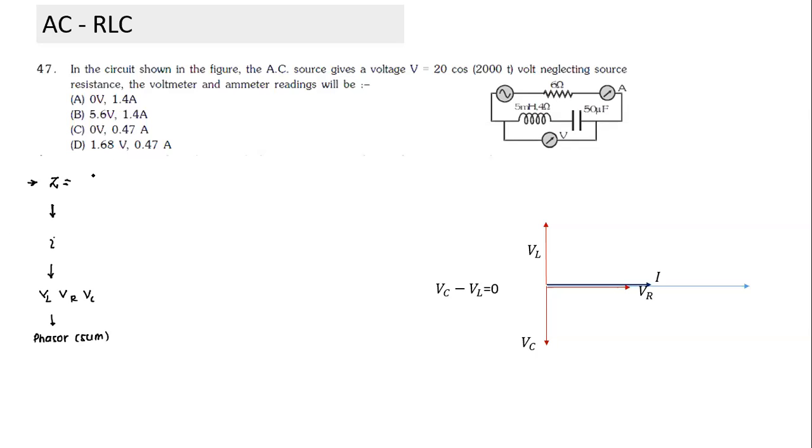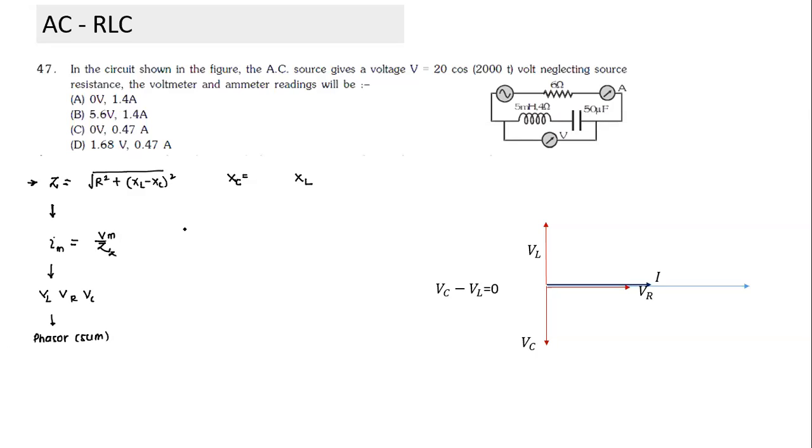Kevin, tell me the formula for impedance. How do we calculate impedance? For calculation of impedance, first I'll calculate XC, then I'll calculate XL, then I'll use the formula: Z equals square root of R squared plus (XL minus XC) whole squared. Then we find the value of current. Current will be equal to Vm by Z. Since here it is given in max value, I can find the amplitude of current also.